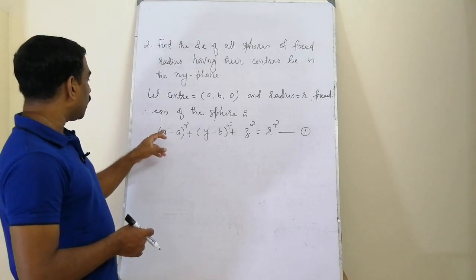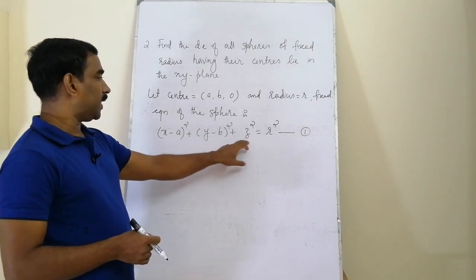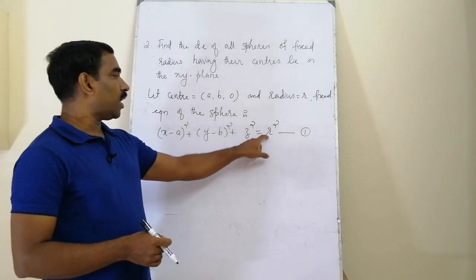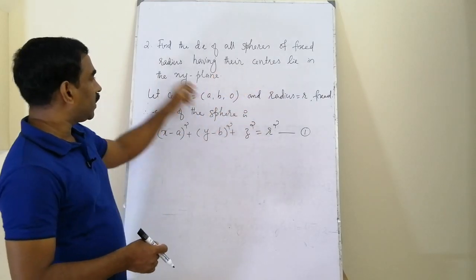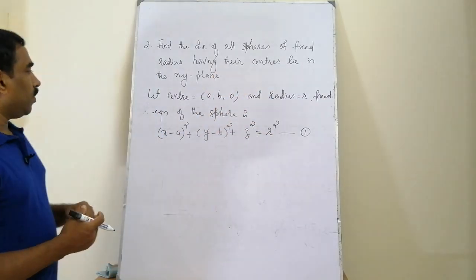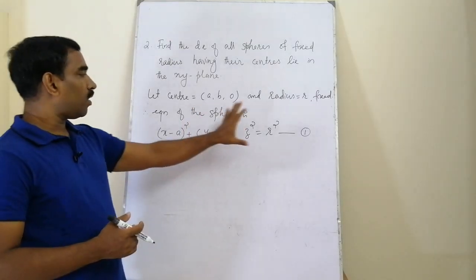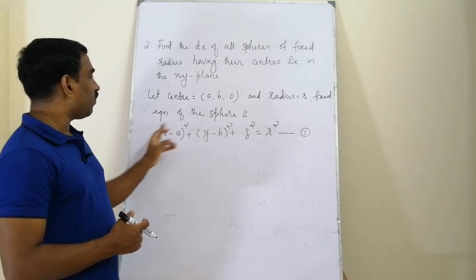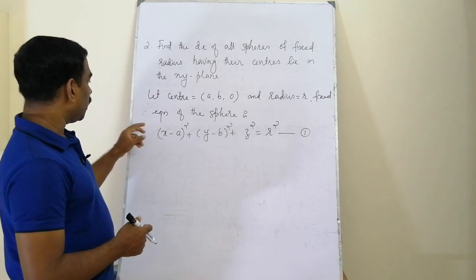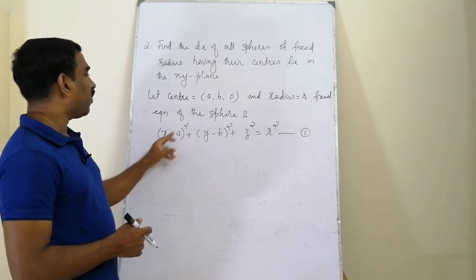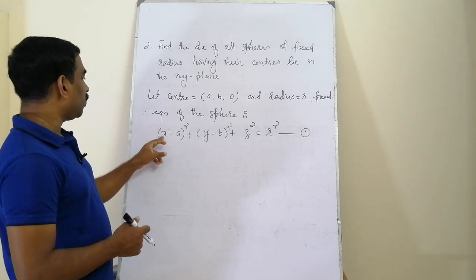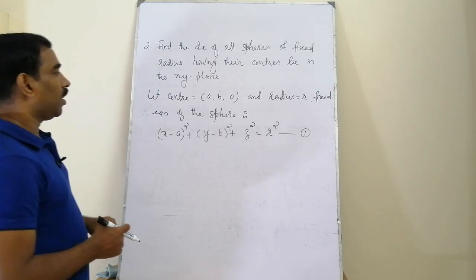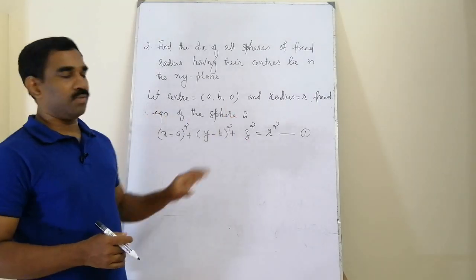Here the independent variables are x and y, the dependent variable is z, and the arbitrary constants are a and b. This r is not arbitrary because, according to our given information, r is fixed. So we can ask whether the partial differential equation of all these spherical surfaces is first order or second order. Naturally it will be first order, because the number of independent variables and the number of arbitrary constants is the same. Here we have two independent variables x and y and two arbitrary constants a and b. So we can expect a first order partial differential equation for all these spherical surfaces.